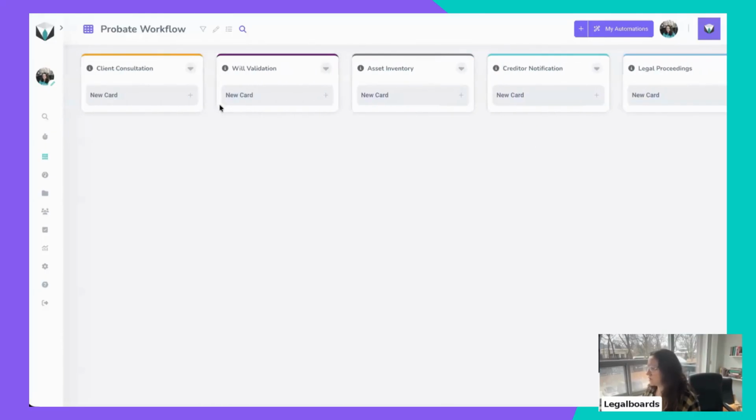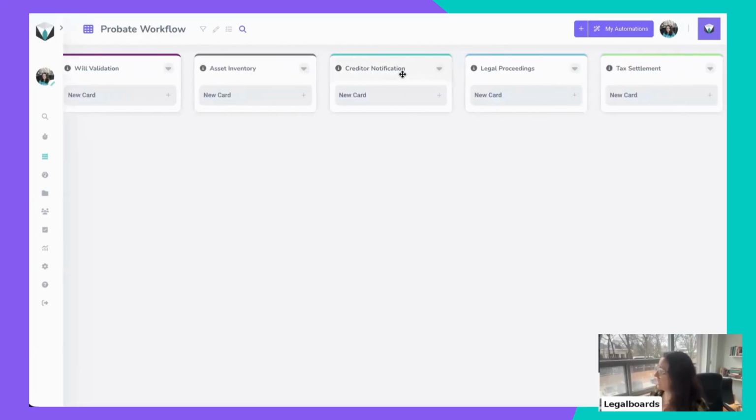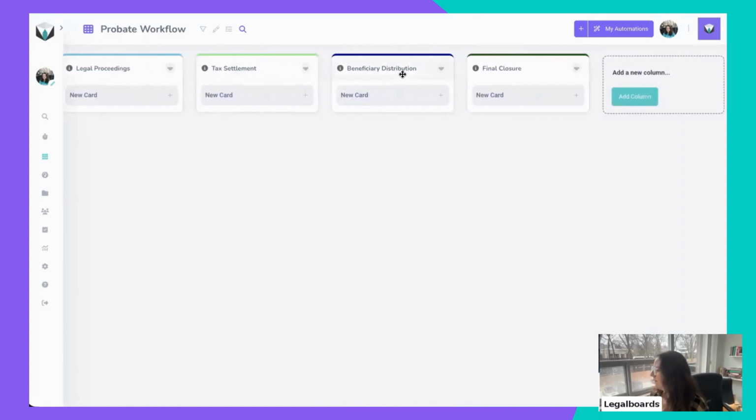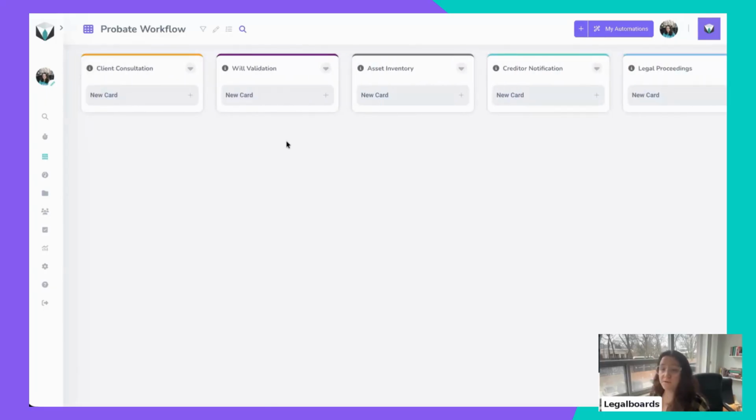Let's review those columns. So we are in a probate workflow. We have client consultation, will validation, assets, creditor, legal procedures, task, beneficiary, and final closure. Makes sense, right? You might have a different workflow for your practice, so you can adapt all of that. So when you look at this workflow, what is the first thing that I have here?